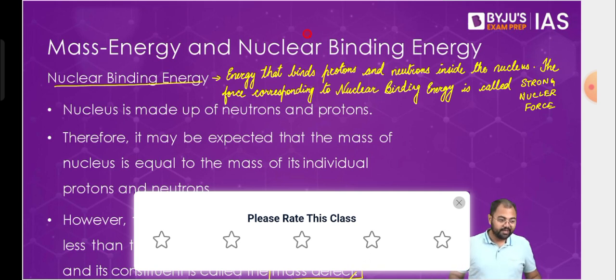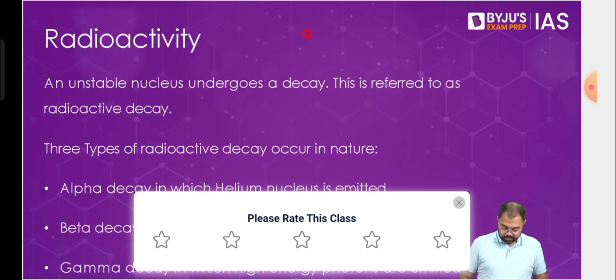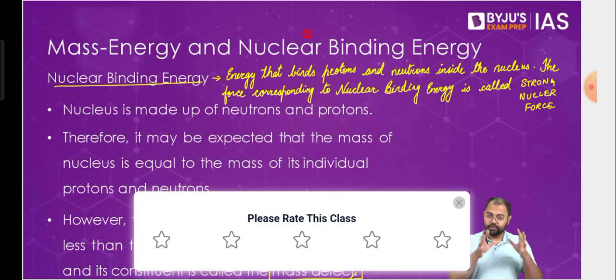So nuclear binding energy basically comes from here, and we have a basic understanding of this energy and the amount of energy that is actually being packed here. Just to recap what we know: you have an atom. Inside the atom there are various shells. In these shells you have electrons. At the center of the atom you have a nucleus. Inside the nucleus you have protons and neutrons. The nucleus binds the protons and neutrons with a very, very strong force called the strong nuclear force. The energy that binds it is called the nuclear binding energy.